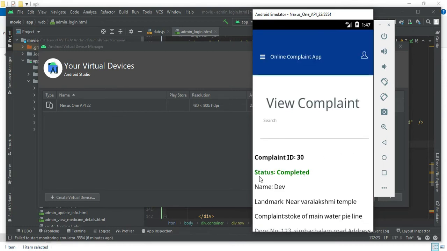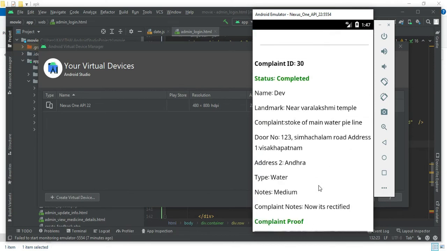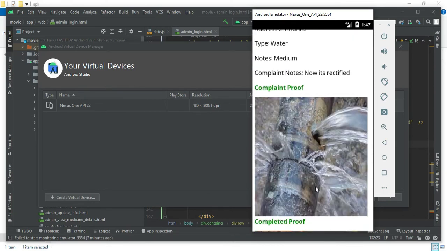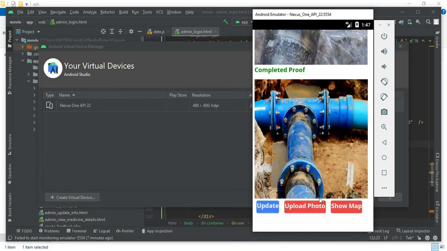So the status is completed now. The user can see the solved image over here.